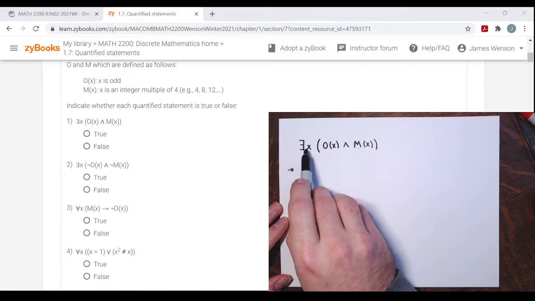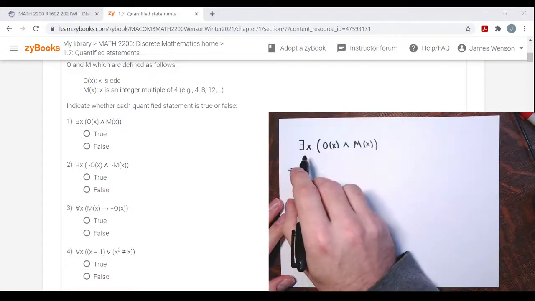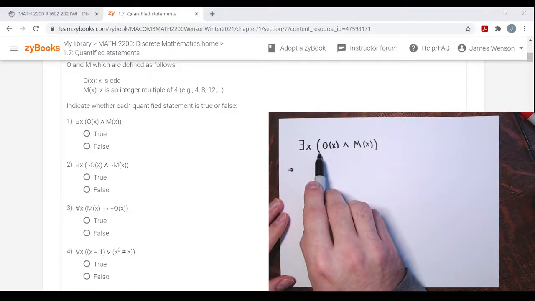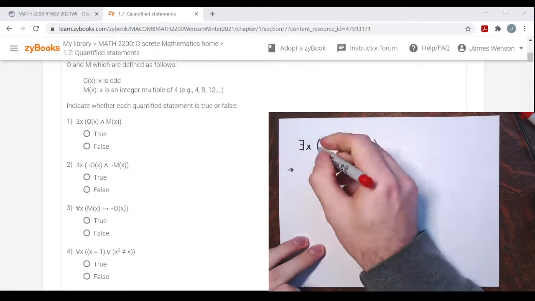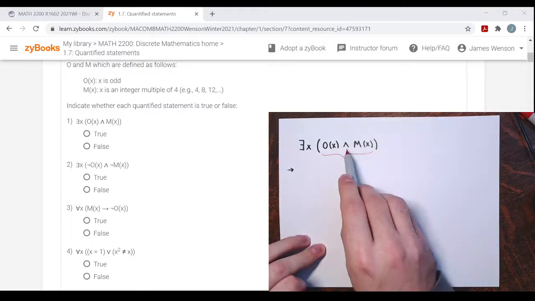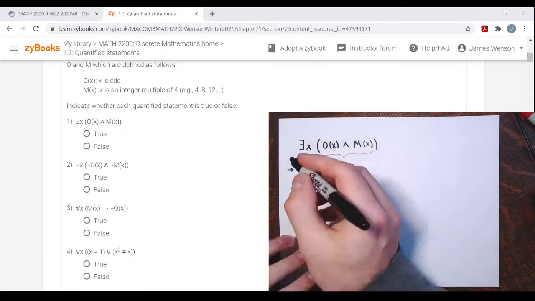X represents a positive integer. Remember here the domain is the positive integers. And then you have, notice the parentheses, right? The parentheses around the O of x and M of x, right? They have the conjunction symbol and there. So in English, this means that